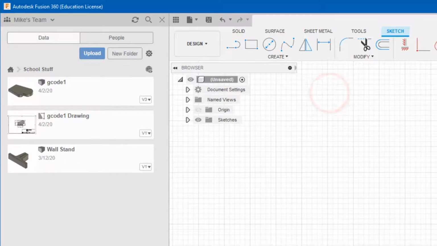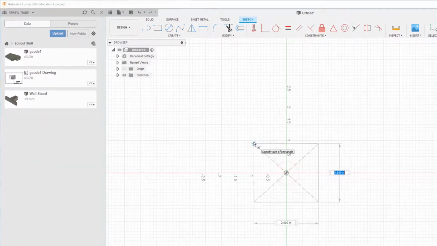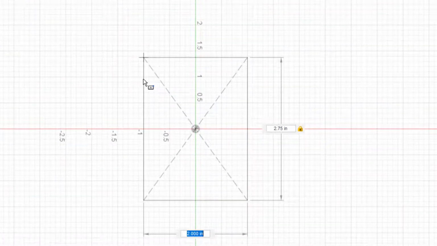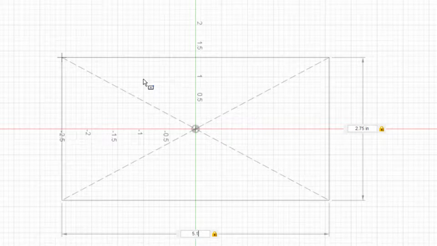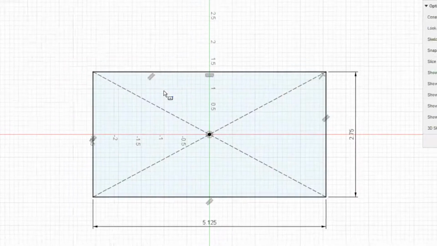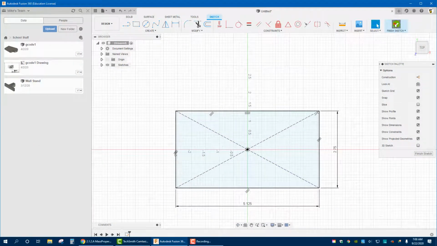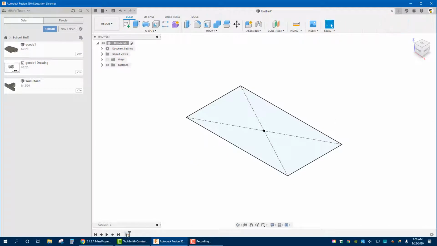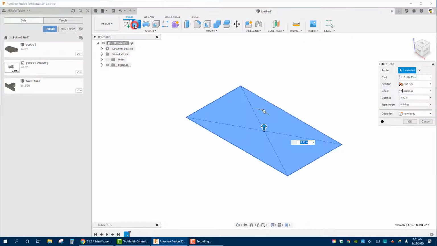So I'm going to do a 3-point center rectangle, and that would be 2.75. Tab, I can break down 5.125. Enter, finish sketch, all right, and there on our timeline, we see it on the bottom. All right, we're going to extrude up